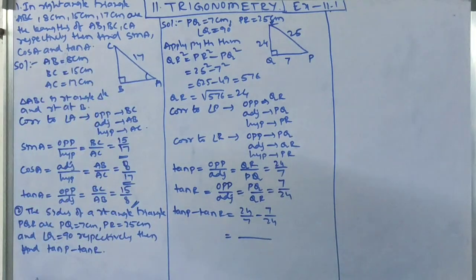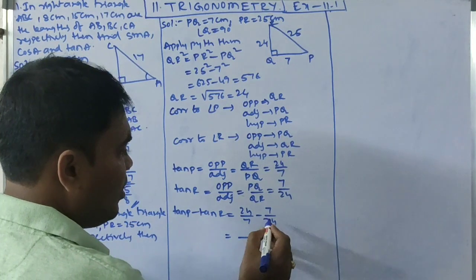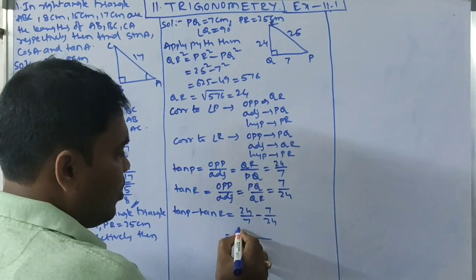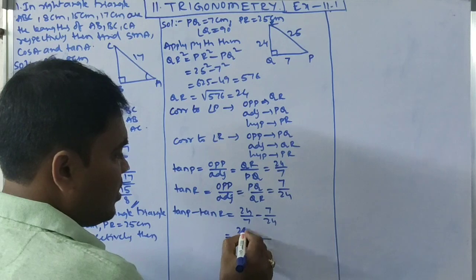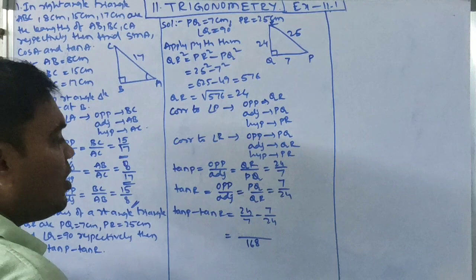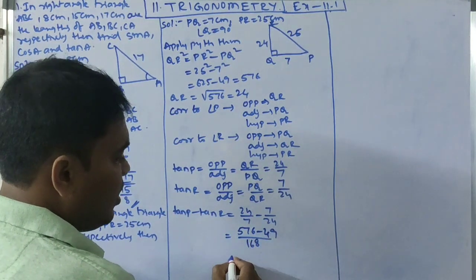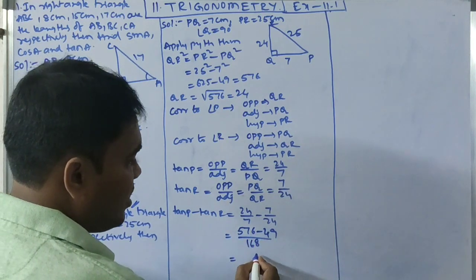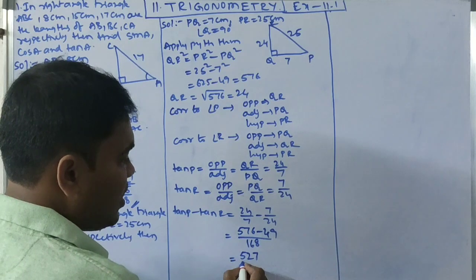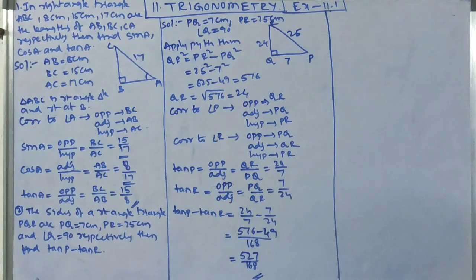Taking the product, 7 into 24 is 168, 24 into 24 is 576, minus 7 into 7 49. 576 minus 49 is 527, by 168. So this is the value of tan P minus